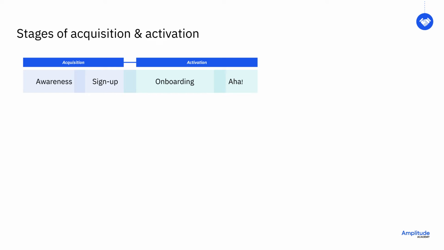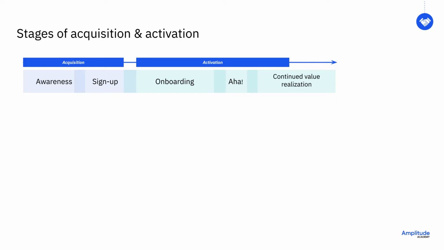This stage is about setting up a new user for success, maybe by guiding them through an in-product tour or a series of steps to curate their product experience. During activation, there is usually an aha moment for the new user where they first discover value in your product. The activation phase continues as a new user develops habits that lead them to repeatedly realizing the value of your